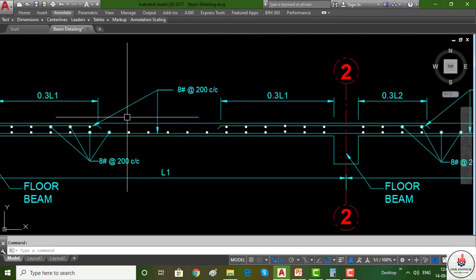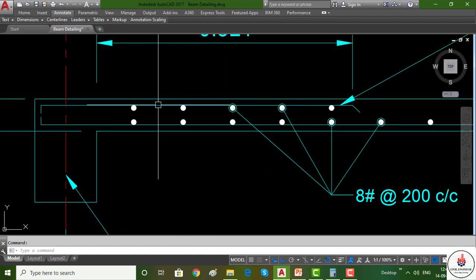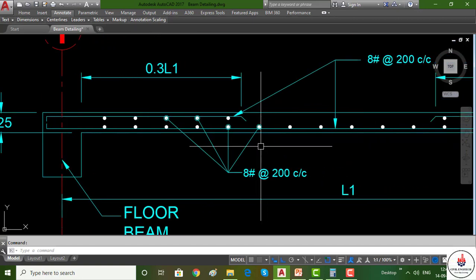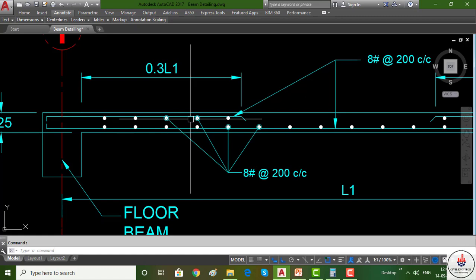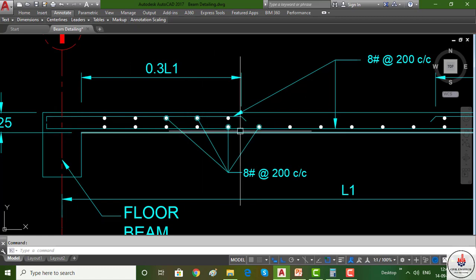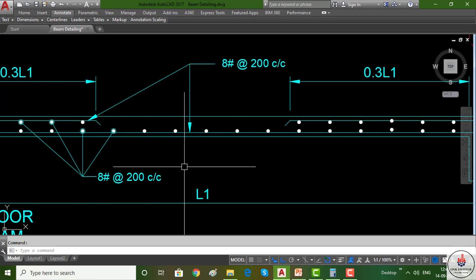The bars showing as dotted in top and bottom are the bars provided in the y direction at 200 spacing, and the bars showing as line in bottom and top are the bars provided in the x direction.